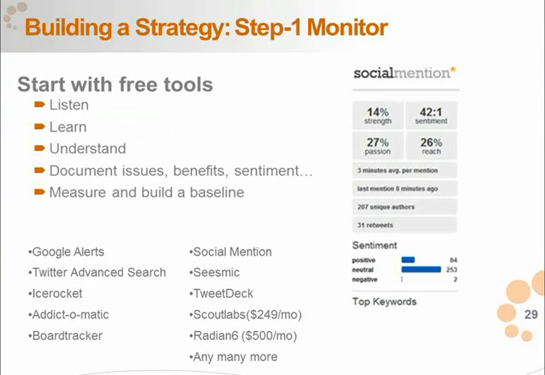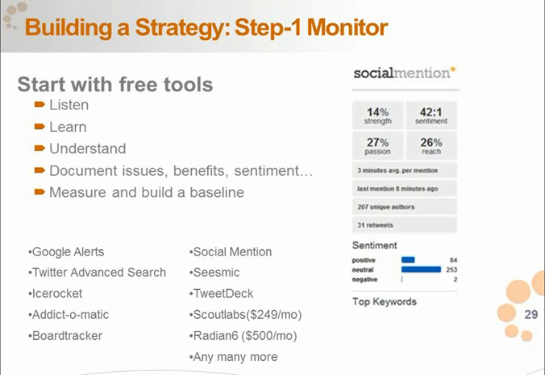So with these free tools, the first step is to listen, learn, understand, and document issues. And I've read one where it said the best way to get executive buy-in, for example, is to show them some of the bad stuff that's happening out there. I don't know if you've heard about Domino's Pizza. There was a bad YouTube video that got up and spread like wildfire on the internet, and it really created a damaging effect for Domino's Pizza. That really taught them a lesson that they need to pay attention and monitor what's happening out there. And as a result, they've overcome some huge barriers, and now they're one of the most socially savvy brands